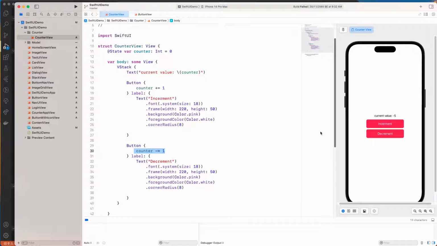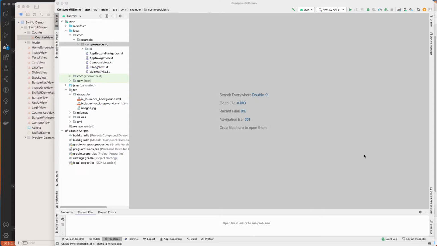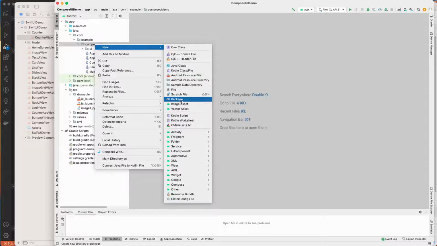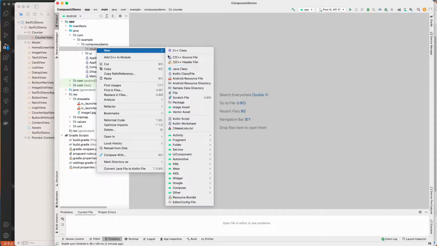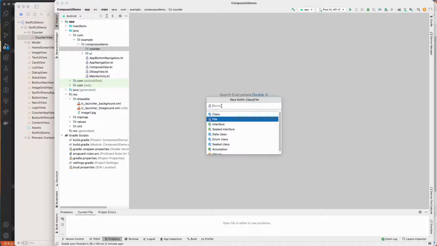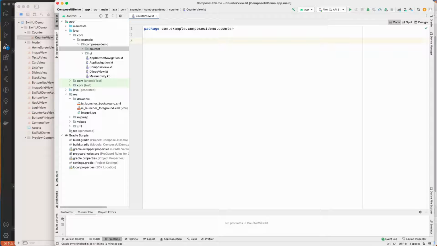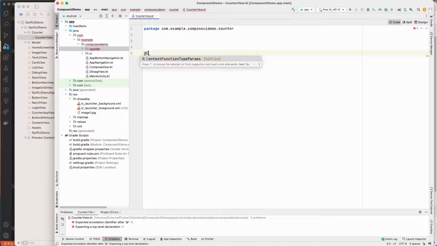And let me open my Jetpack Compose project over here. And once we open up our Jetpack Compose project, let's go and add a new package over here. Let's call this one counter. And let's add a new file over here. Let's add a Kotlin file, and let's call this one counter view, counter app, or whatever you want over here. So let's add a counter, and let's add a function,